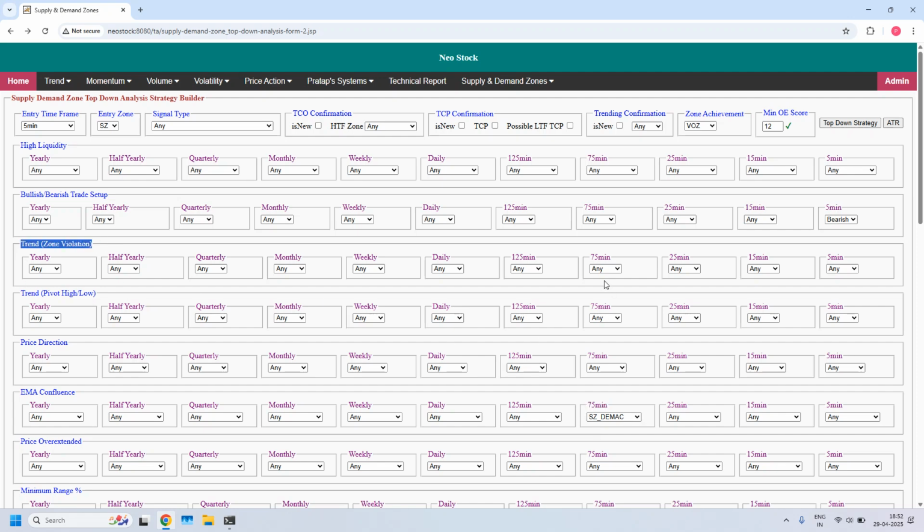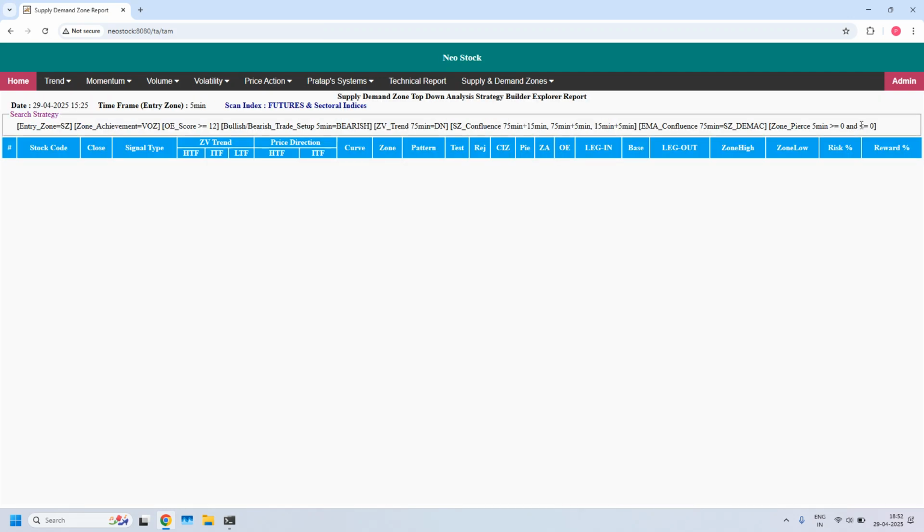At the same time, trend on the 75 should not be sideways. It should be only downtrend because it is bearish trade setup. So that stock is not having any daily EMA confluence. That means we don't have any high probability trade setup supported zones based on EMA confluence. So this is about bearish trade setup for